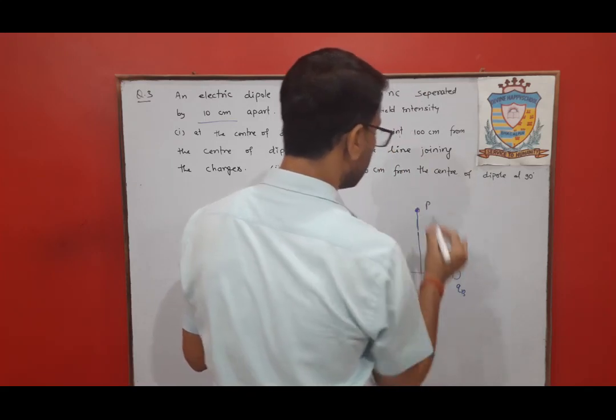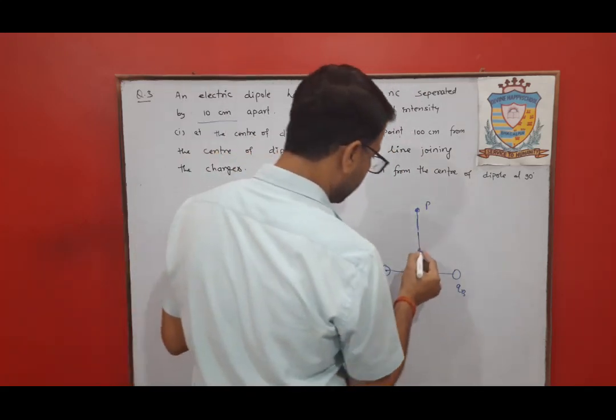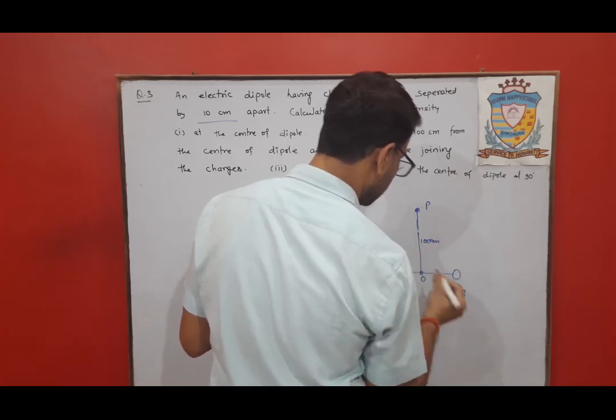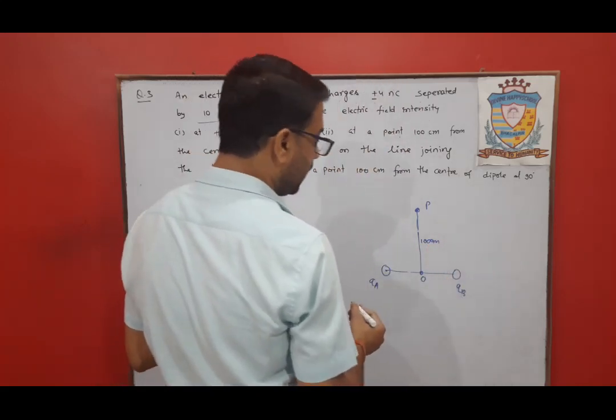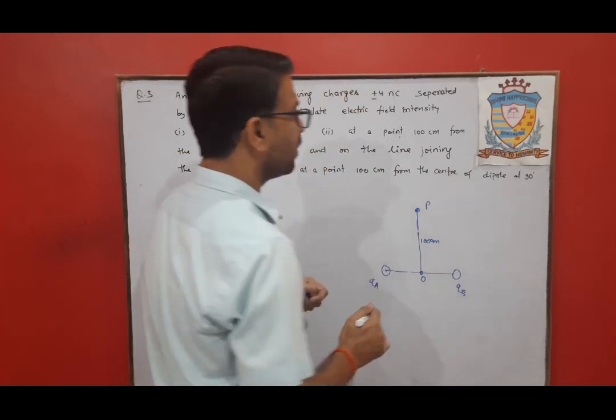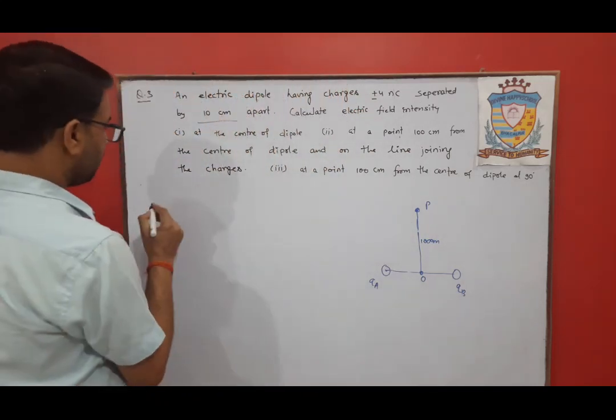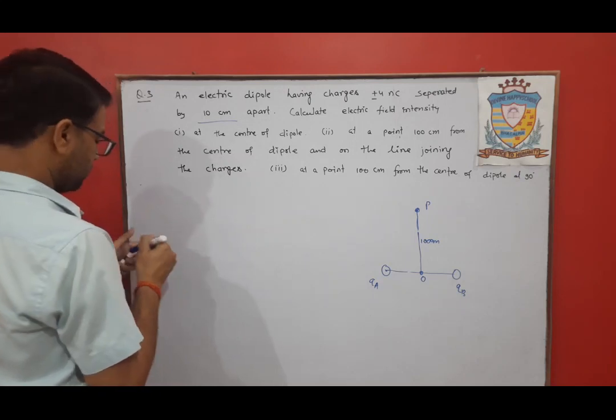Here we have to calculate the electric field intensity. This R is given as 100 centimeter. This is the center of the dipole, O. Okay, so this is the case of the equatorial line, and we know that